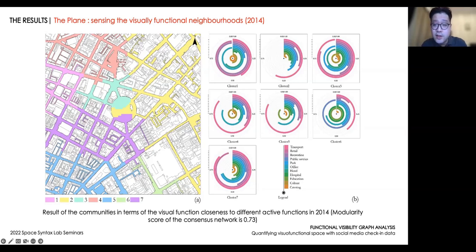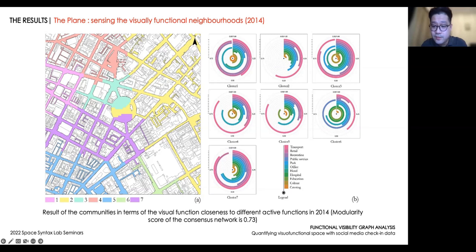Cluster 3 is also an active area, characterized by transport nodes, parks, culture sites, and hospitals. They're more visually perceived than other places. Cluster 4 is less active than cluster 3, indicated by the lower level of functional visibility closeness, though it can be featured by the clustering of similar activities in cluster 3. 5 and 6 are both highlighted by the higher visibility to education than to others, but the former can be further captured as visual exposure to the transport-related service, and the latter can be featured by its visibility connectivity to hospital